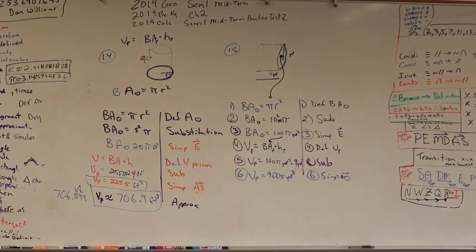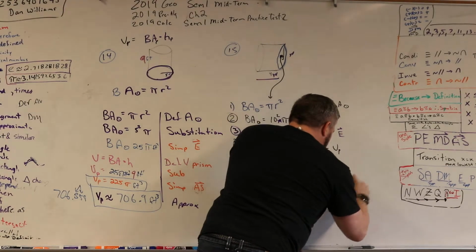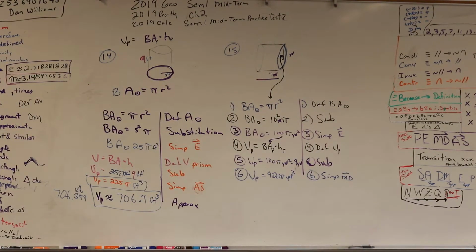Now you're going to plug it in your calculator, and you're going to get 900 pi equals